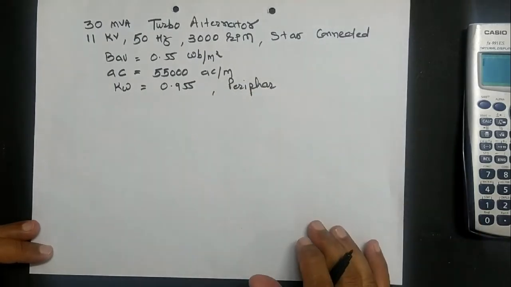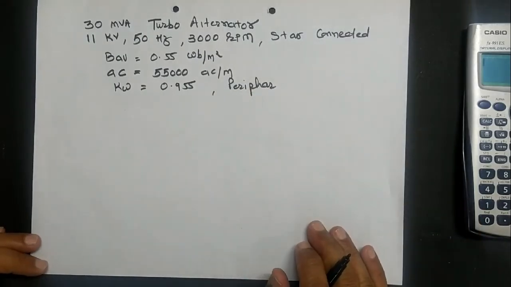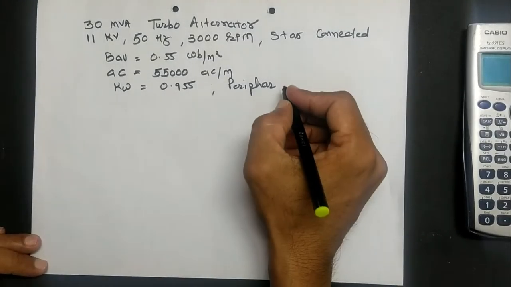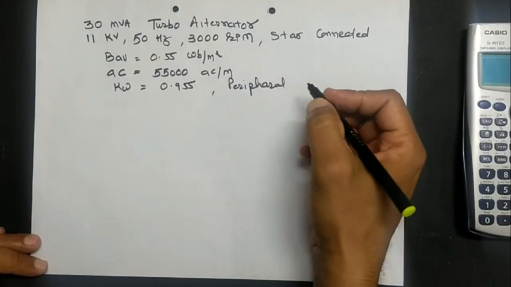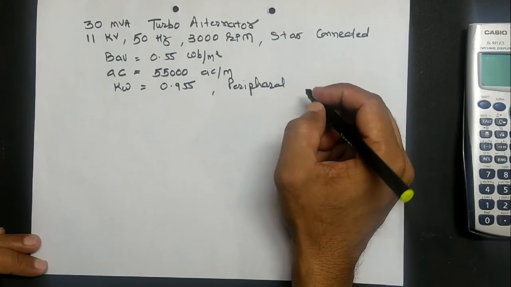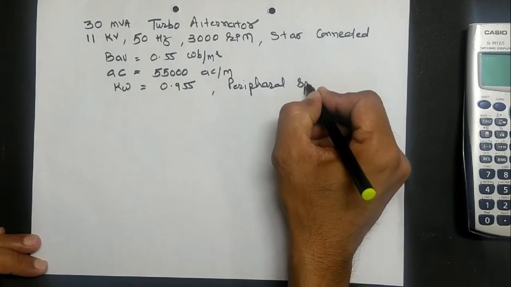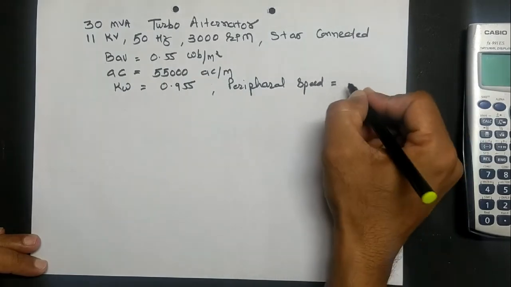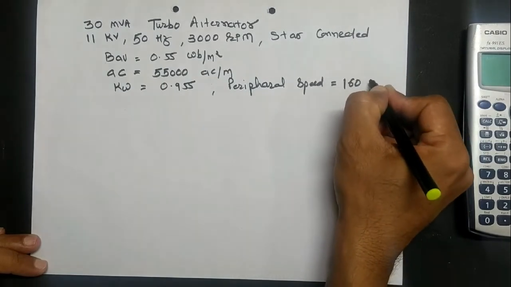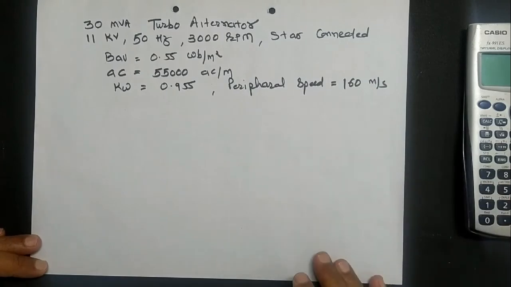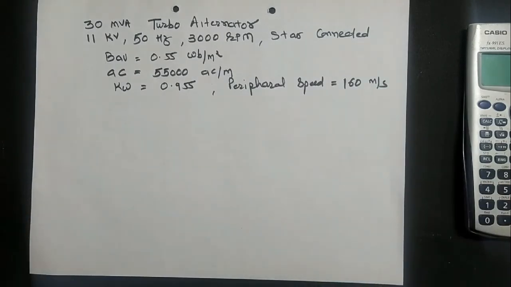In the previous video lecture we have seen that during design of turbo alternator, peripheral speed is very important and that is a limiting factor for selecting diameter of the stator bore. So peripheral speed, it is given 160 meter per second. So this much of data is given and we need to find out certain parameters like